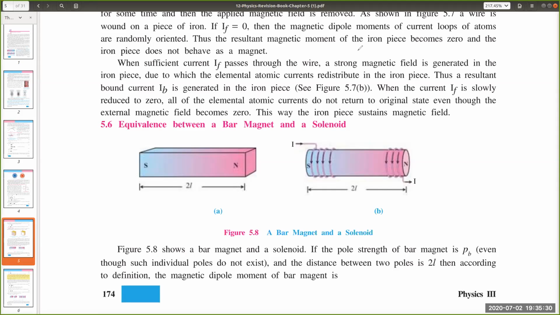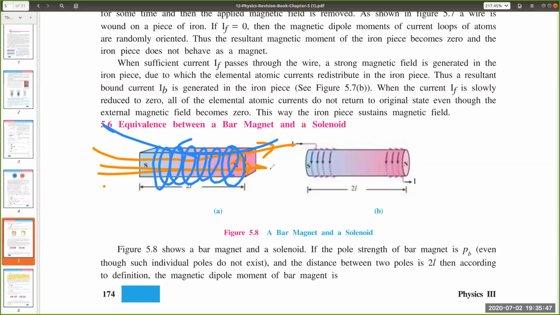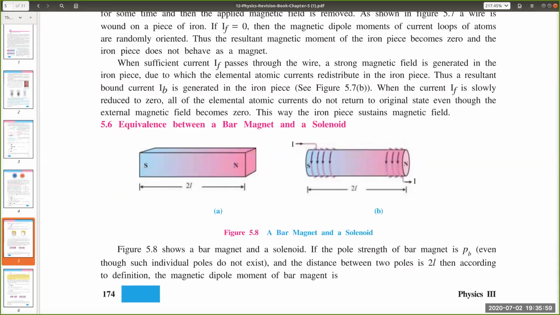Just a minute, how will it cancel? It's already a magnet. Look, its magnetic field is like this. If you connect wires in the opposite direction and loop them on it, the wire will make a magnetic field like this solenoid, right? But the current's direction is opposite to that shown in B. It should be opposite to that of B. Yes, then only it may cancel.